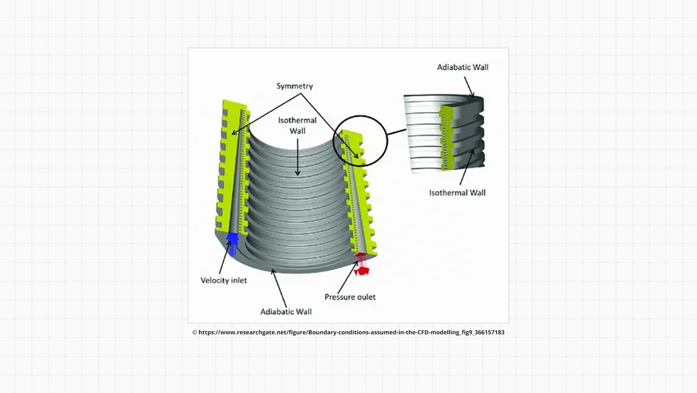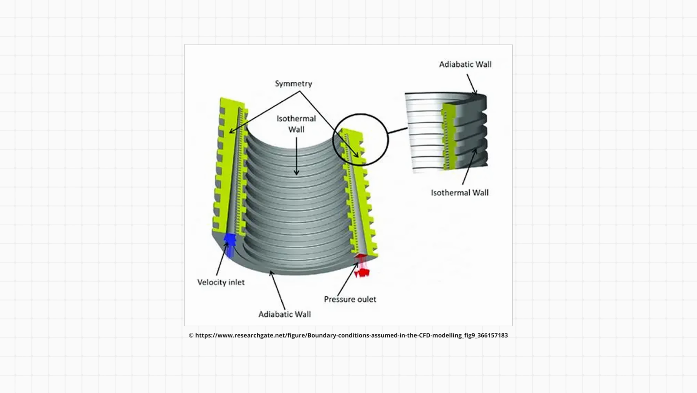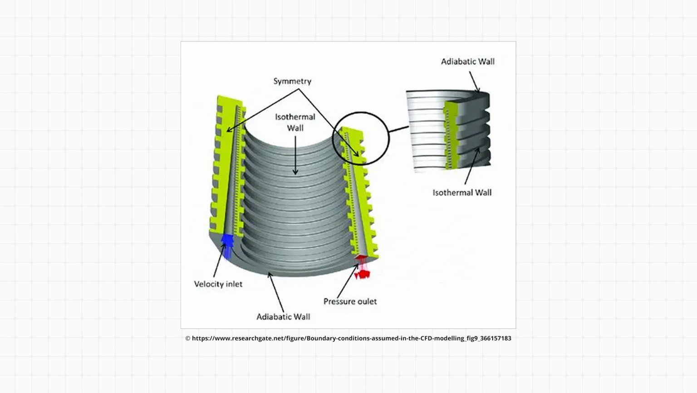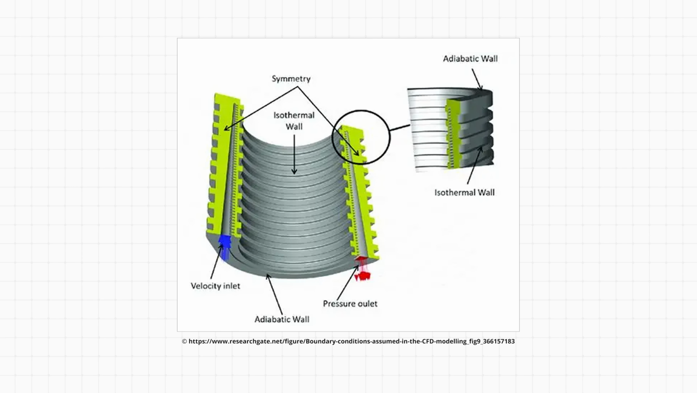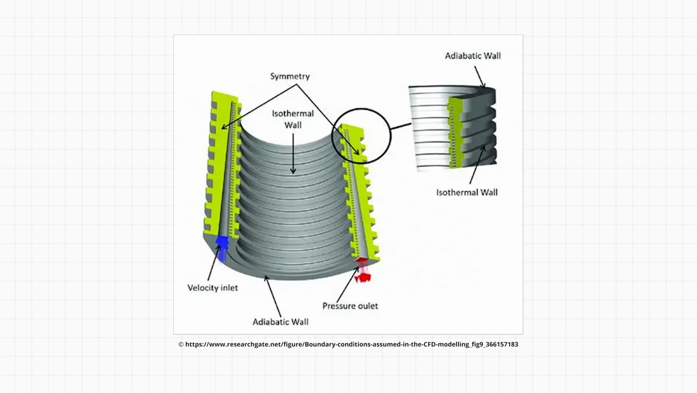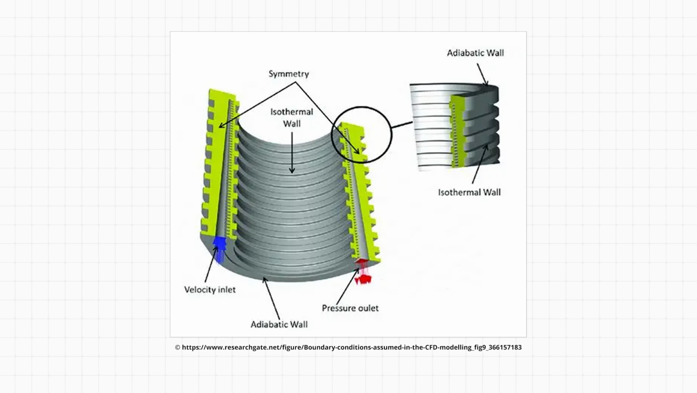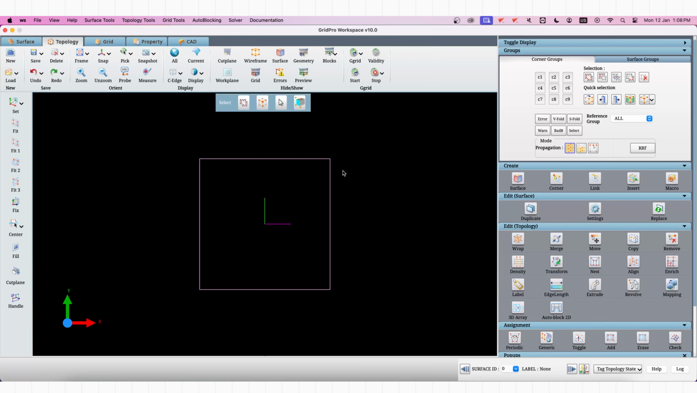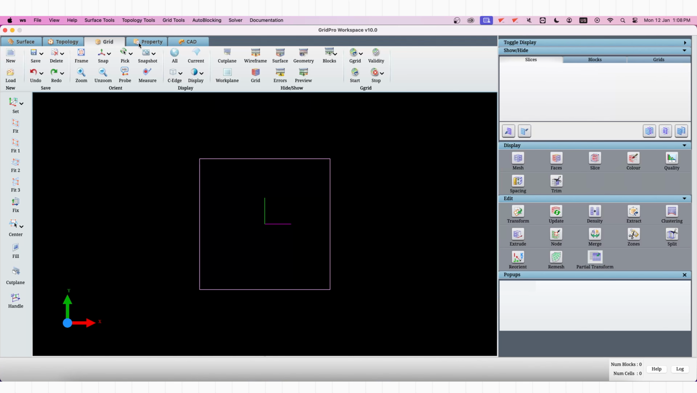In CFD and structural simulations, setting up the correct boundary conditions is one of the most important steps in grid generation. Applying the right boundary conditions allows us to accurately compute the desired parameters in the intended regions once the simulation is run. In today's video, we'll look at how volume properties can be set in GridPro to define the